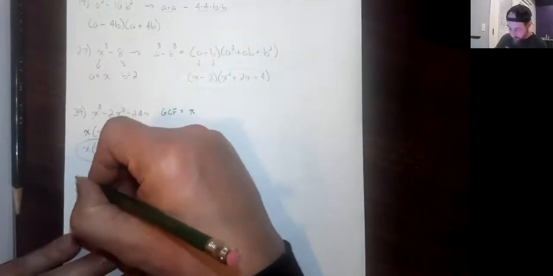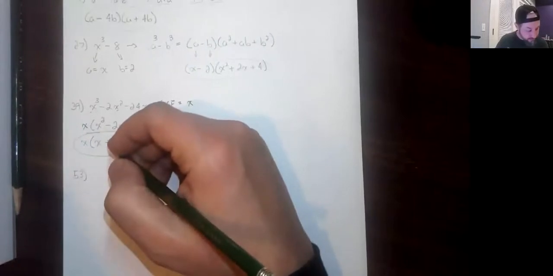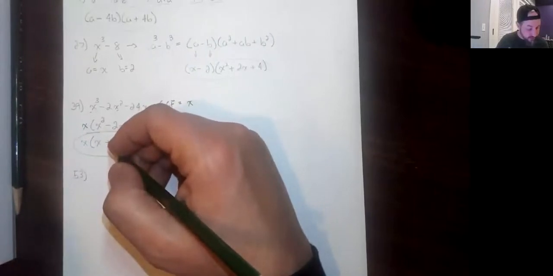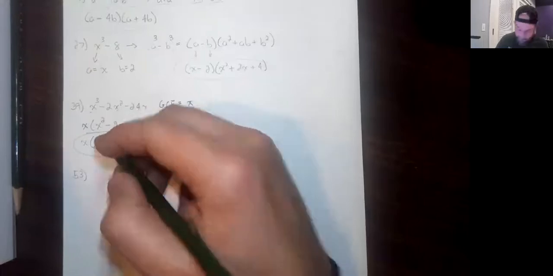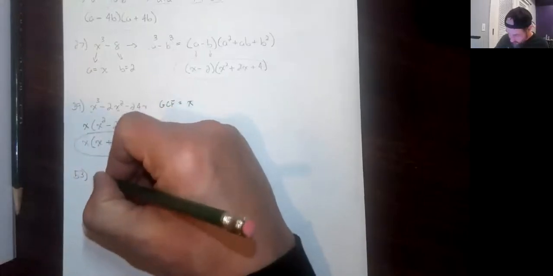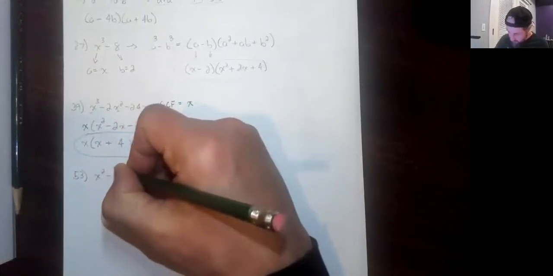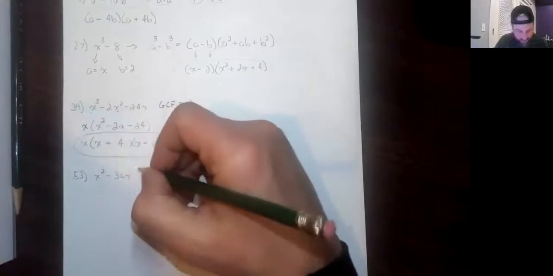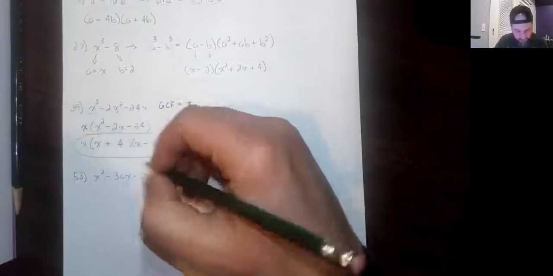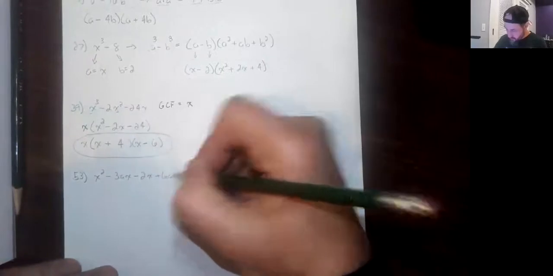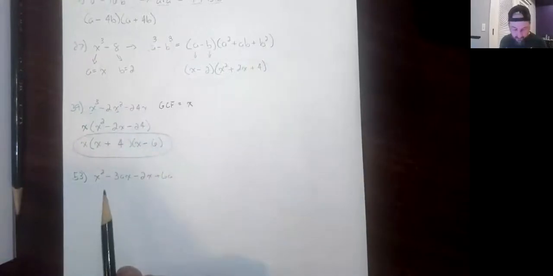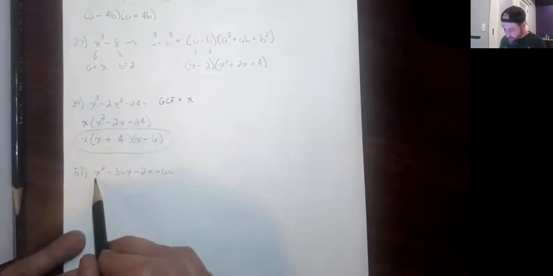Number 53 gives us a grouping. And they tell us to use factoring by grouping to factor each out. And we have x squared minus 3ax minus 2x plus 6a. Hopefully that's a lot to write. Hopefully I wrote it all down right. Again,